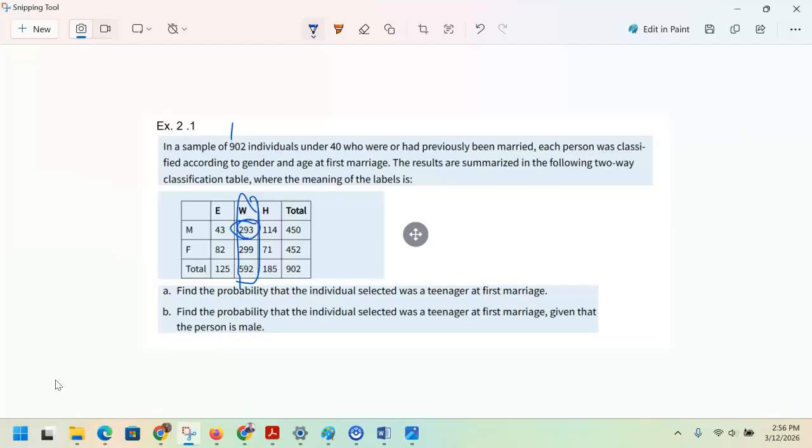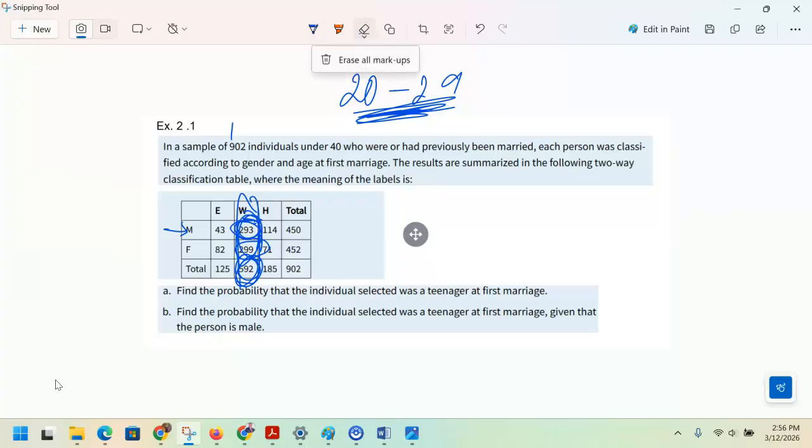That means 293 males got married at an age between 20 to 29, and 292 females got married, almost close. At the age between these two, it's almost the same thing, and together it is 592. And if you go beyond that,